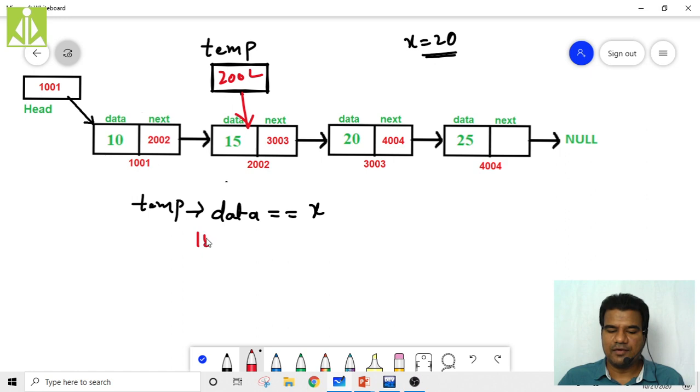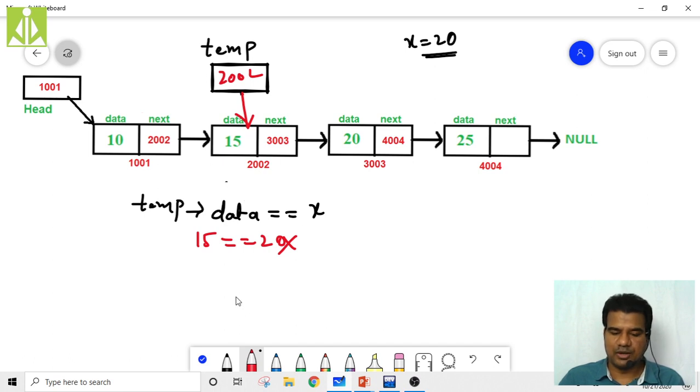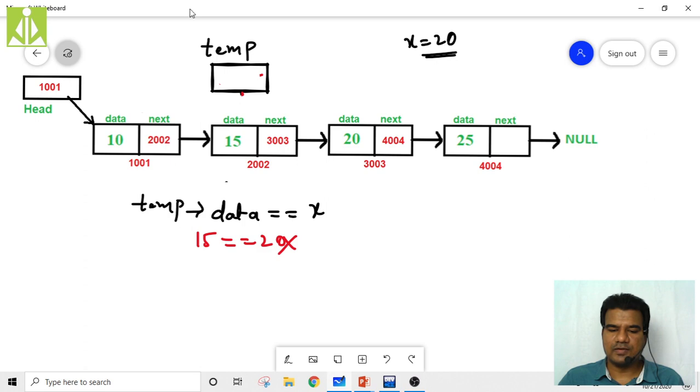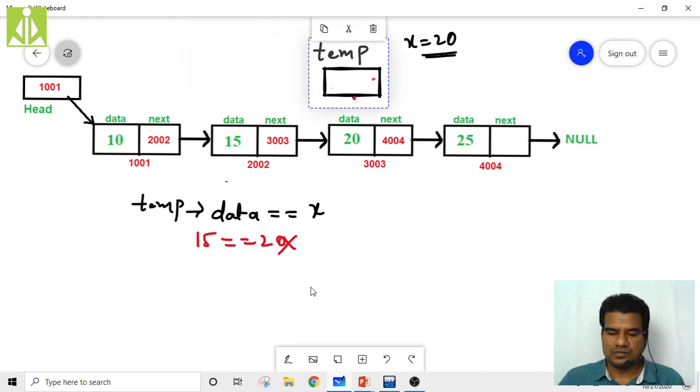It is 15. 15 equals to 20. Again false. So again one more time temp equals to temp of next. So simply it will jump to the next location 3003. It will come here now.